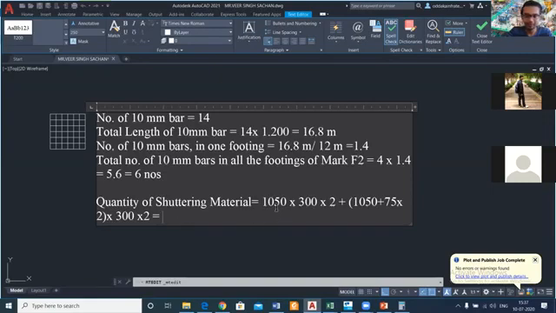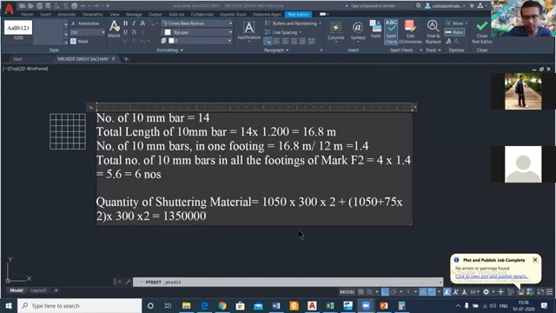Do you have a calculator with you? Chandan is telling it's coming 135. Just copy this 135, then 4 zeros. Let's type it here: 1, 3, 5, 1, 2, 3, 4. So it's coming this much. Everyone has the same answer. Okay, so 135 and then 40.